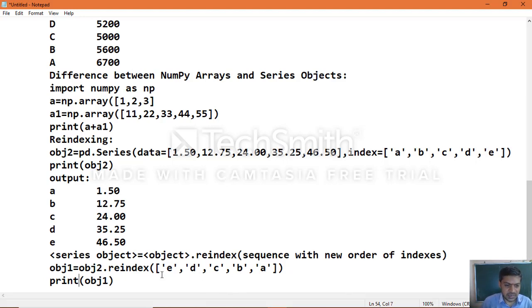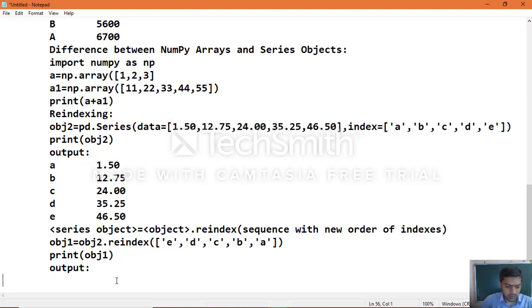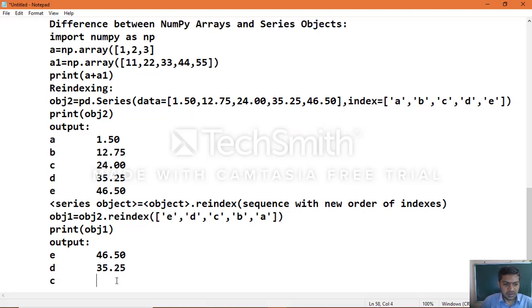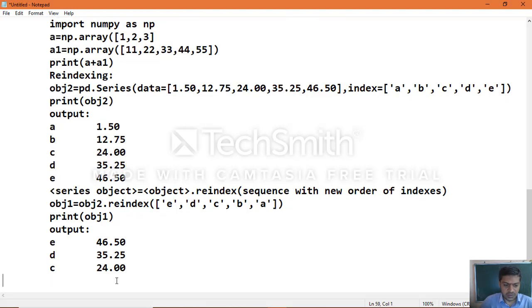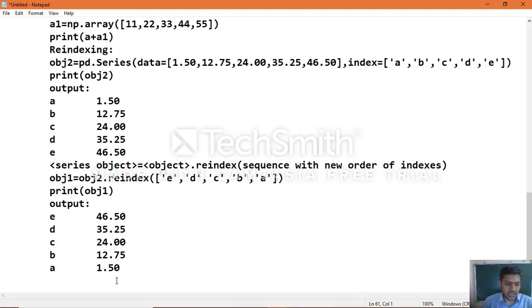Based on this index, the data which you will see as an output of this particular statement after execution: E is having 46.50, then D, which you can see 35.25, then C, 24.00, then P, 12.75, then A, 1.50. That is the output which you will see for this reindex function, how you can make use of it with series object data.